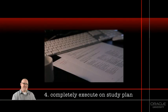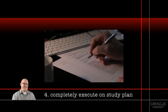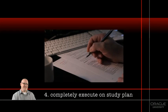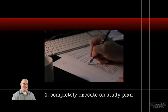Now that takes us to step 4, which is to execute on that study plan. That seems kind of silly for me to actually have to state, but we see that a lot of people will partially execute on their study plan and then they end up failing the exam. So it's important that you've done your gap analysis, you've created your study plan, now execute on that